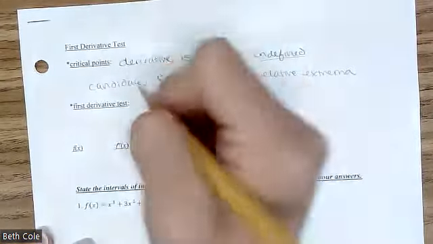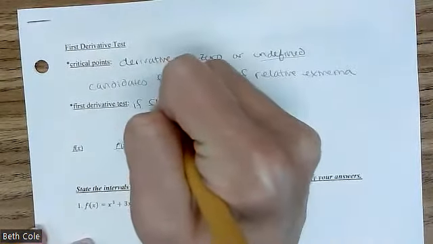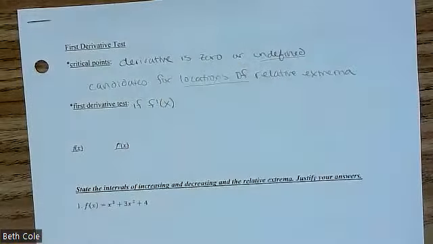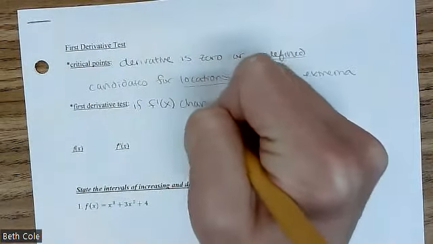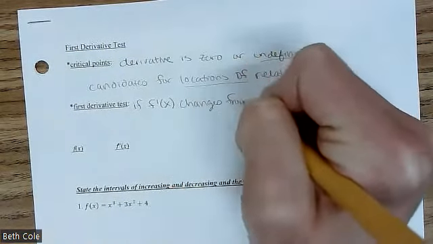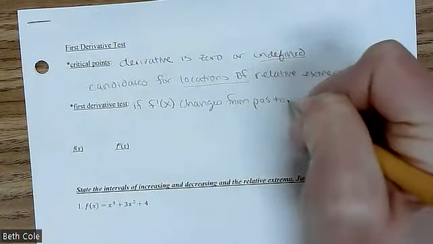So your first derivative test says, if f prime, and this is like citing your source. I always bring it up, like whenever you quote somebody or write a bibliography, you're citing your source. F prime is your source. Okay, that's what you're citing. If f prime changes from positive to negative,